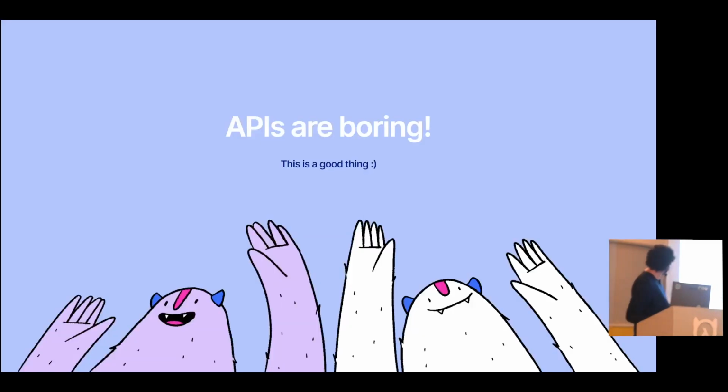All right. So APIs are boring. Yeah, but this is a good thing. When you think of an API, what you should really be thinking of is the language the server speaks, not the implementation. For example, if I have a REST API, I can implement it in JavaScript, I can implement it using Ruby on Rails, I can implement it in something else. But we know all of those are going to work roughly the same at the end of the day. Same with GraphQL. And in GraphQL, there are several different ways of implementing it. So GraphQL is cool, but let's explore and broaden our minds about the different ways we can actually build that GraphQL server out.